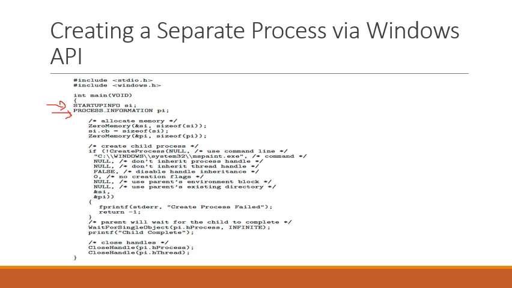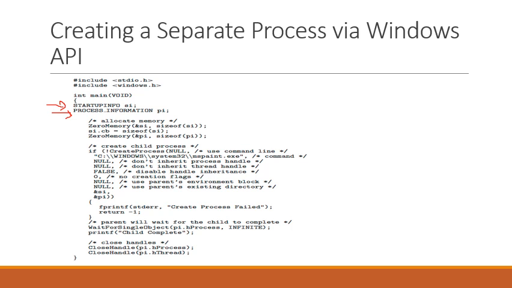The startup info structure specifies many properties of the new process. For example, it will define for the child process the size of the window and its appearance. Moreover, the startup info structure will also provide handles to standard input and output files for the child process. The second structure is the process information structure. This structure contains a handle and the identifiers to the newly created process and its thread.